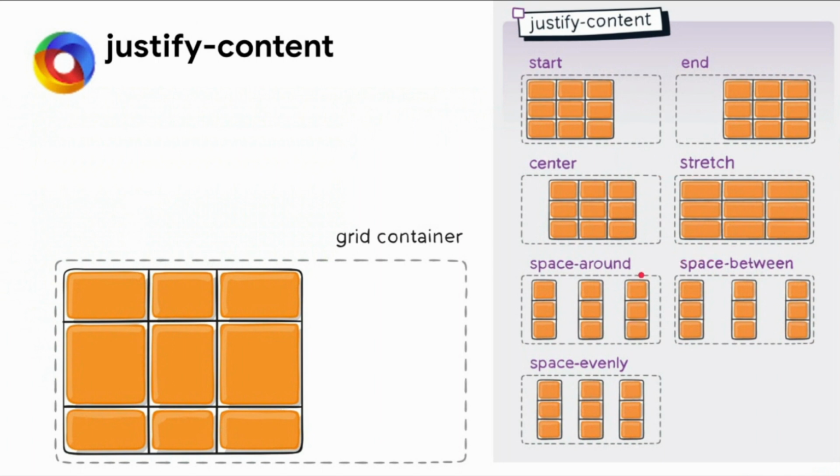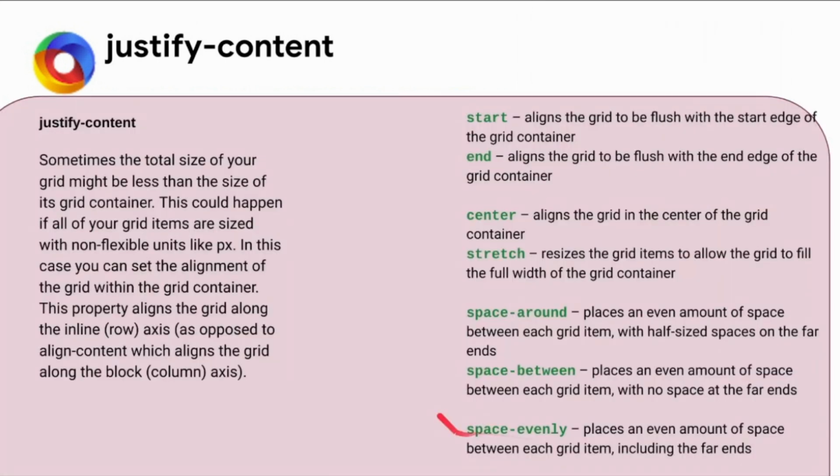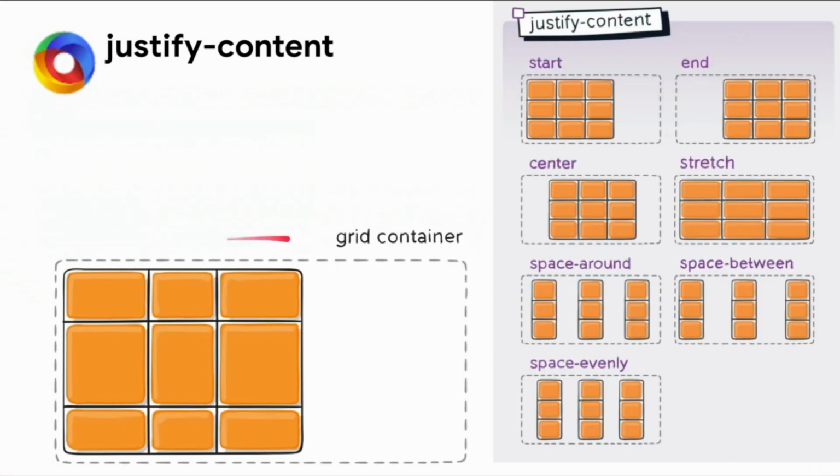So when is this justify content used? We have seen the fractional unit, right? The fractional unit is the unit of grid. But suppose I use pixels, if I want each of the grid lengths to be in pixels instead of fractional units or proportions. In that case, justify content and the content of non-flexible units are created. So here it will not be as optimized. We can use it accordingly in the grid to set it either in the center, at the end, or at the start.